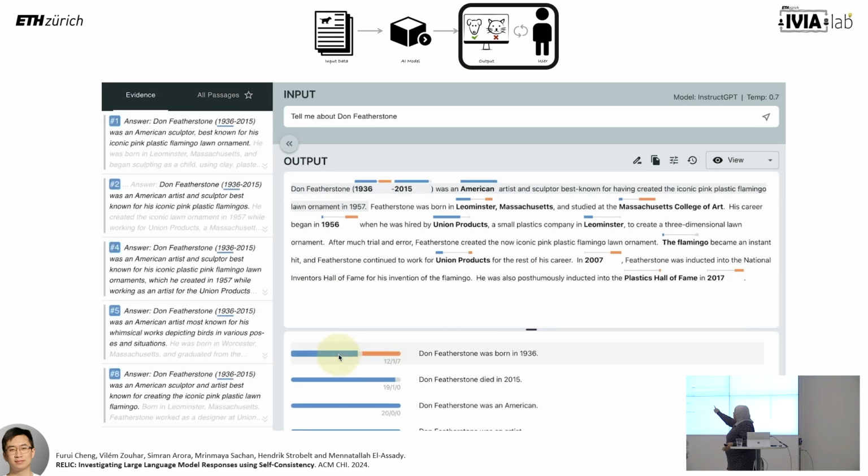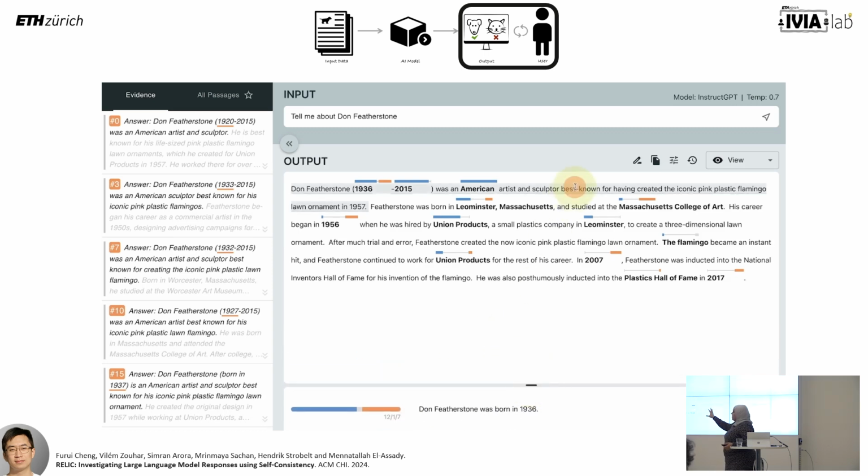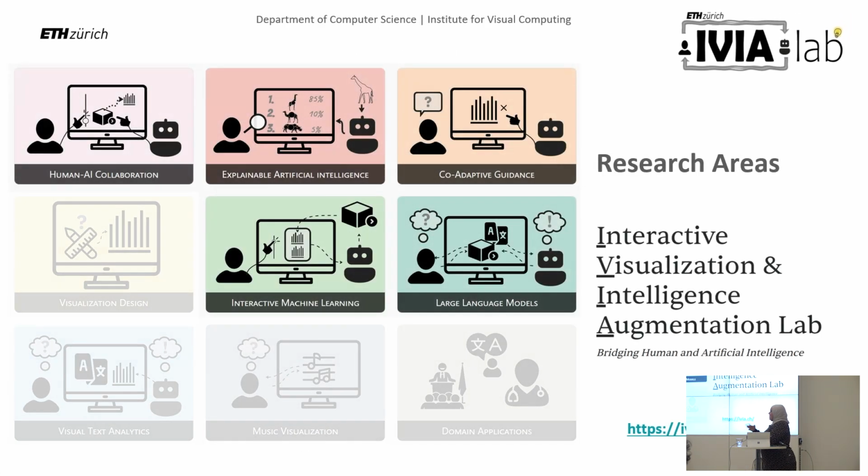So we highlight this very subtly over there, just to give a hint to the user that this might be a hallucination that you want to investigate further. So here we are augmenting the text output for an end user in order to basically give an understanding of where the model could have hallucinated and where it is consistent. That does not mean that the consistency actually refers to fact, but at least it has been consistent throughout the different generations. All right, so I've taken you on a whirlwind tour through different research areas.